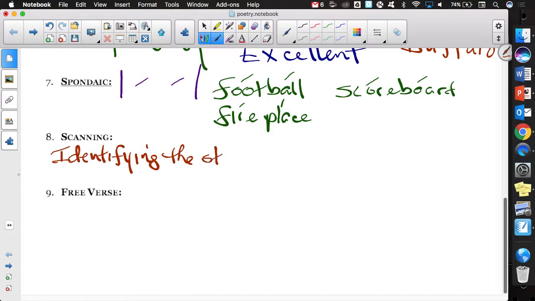So identifying the stressed and unstressed syllables